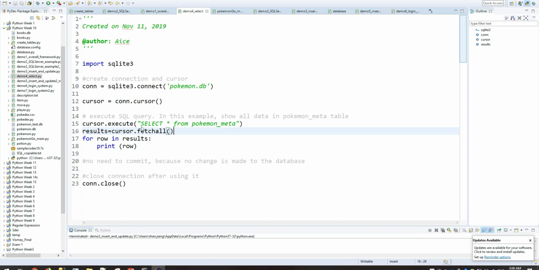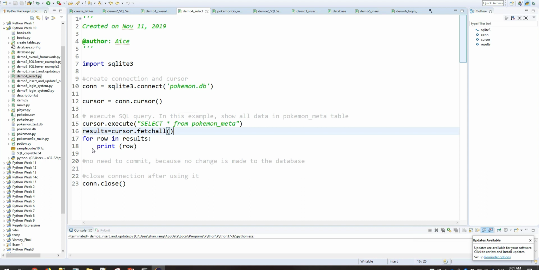The select all from Pokemon meta will get all the rows in that table, and results equals cursor.fetchAll will get all the rows returned by this select SQL query. And we can use a for loop to iterate through each row from the results and print them out.